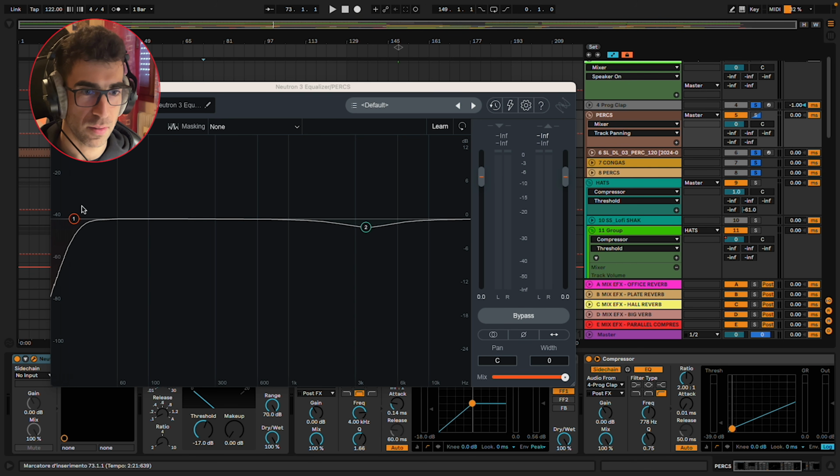Really nice. I tend to use this quite a lot in percussions and hi-hats, and sometimes on both. Sometimes I just alternate depending on the tracks. Here I just low cut even more, and then here making space for the heads, basically.